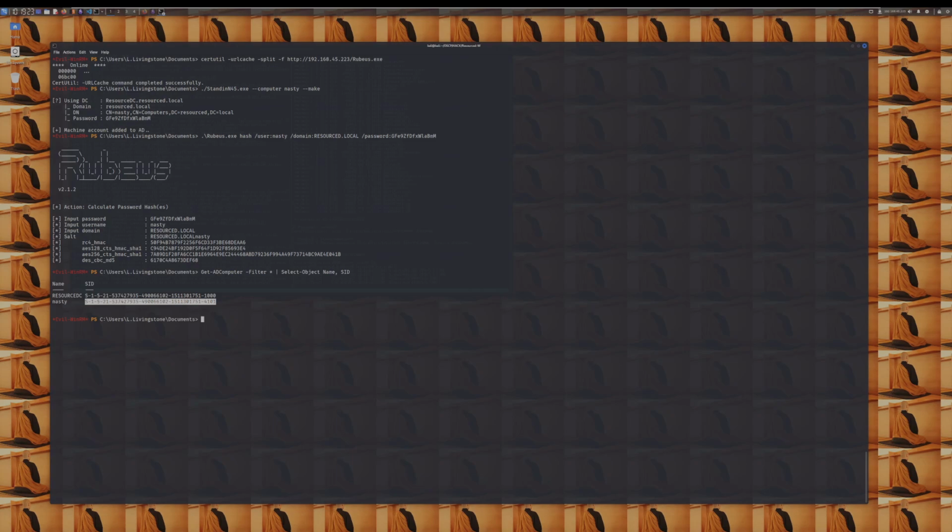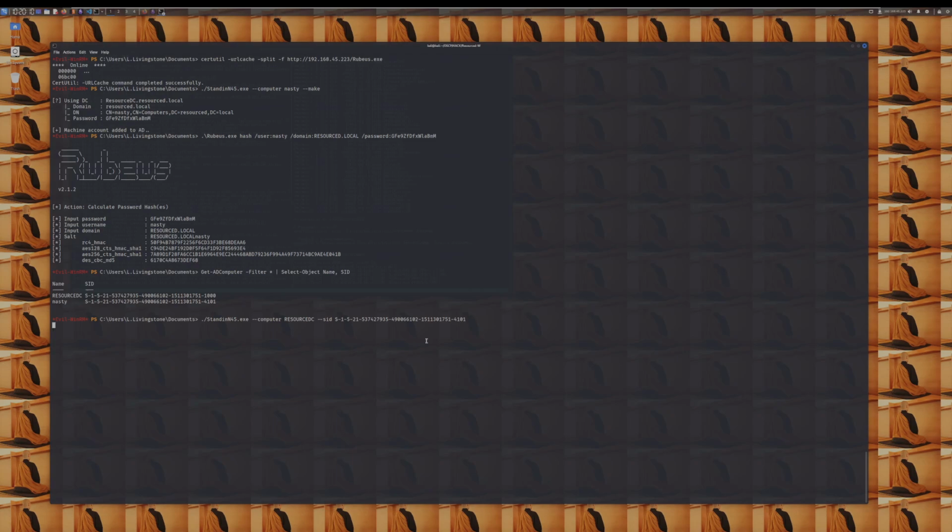So now we're going to add the SID of our nasty computer to the domain controller, and StandIn will take that and add the attribute of our SID to the domain controller's msDS-AllowedToActOnBehalfOfOtherIdentity, which